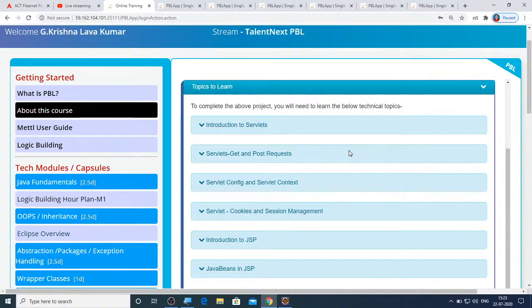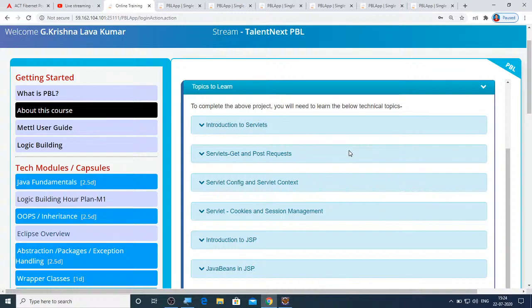Now quickly let me give you the servlet lifecycle, and then I'll open my IDE and show you how to create a first servlet program, and then we shall start there. So the servlet lifecycle has three methods: init, service, and destroy. These are the three lifecycle methods of a servlet. The init method, as the name itself makes you understand, performs the initialization, and it is invoked only once.